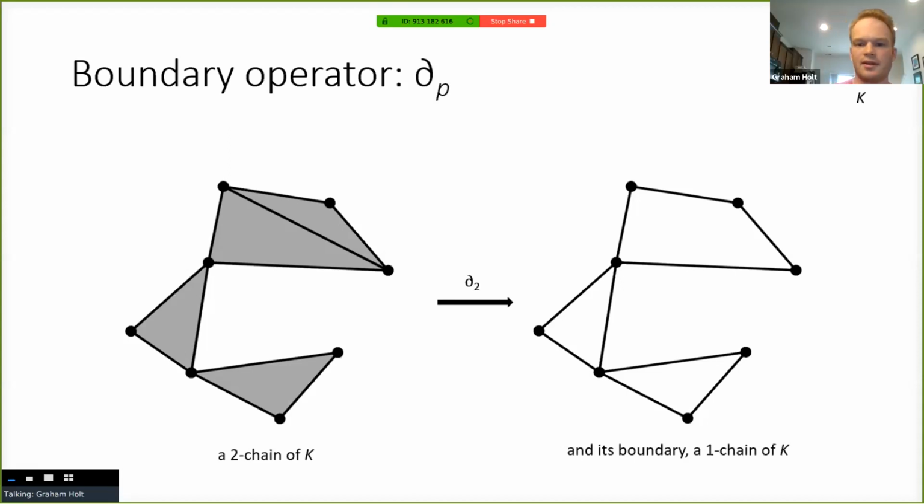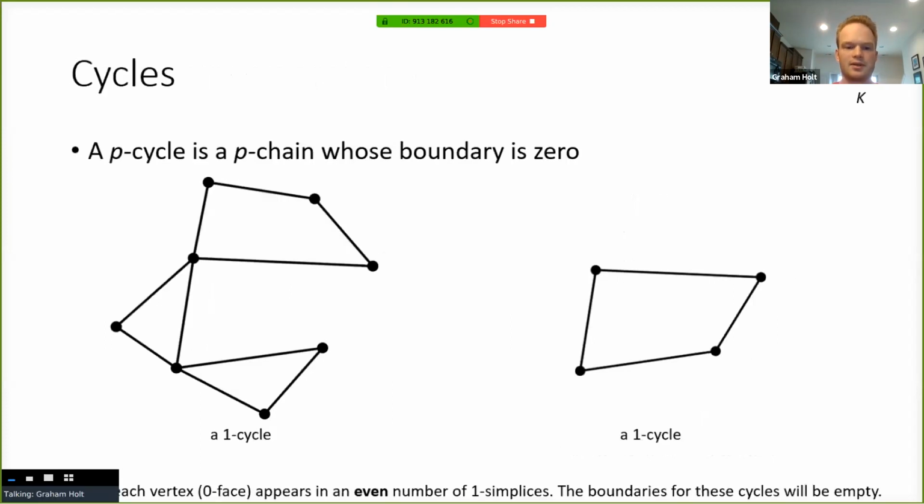Yeah. And again, in our case, we're working with addition modulo 2. So essentially the idea is if you add something to itself, it just disappears. Actually, the next slide might make this a little more clear as well, because we'll talk about the idea of a cycle. So a P cycle is a P